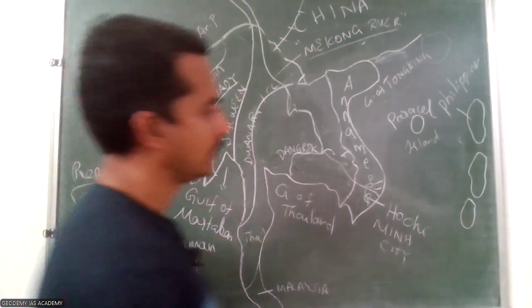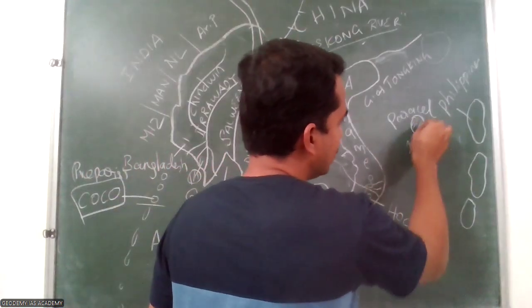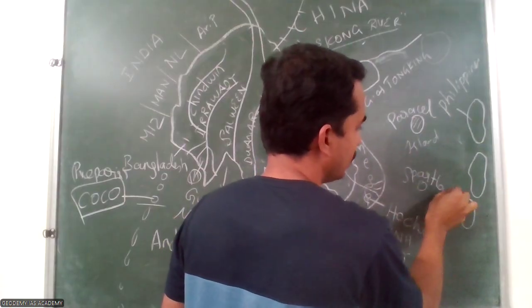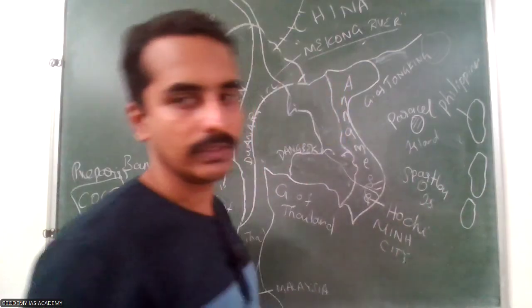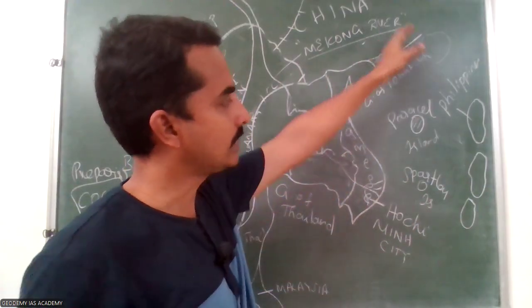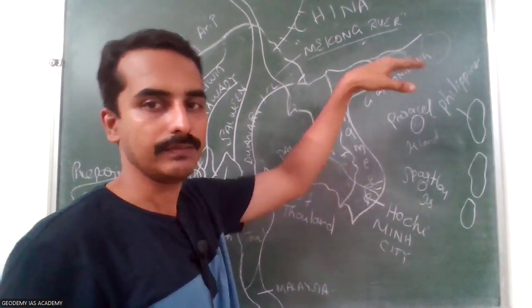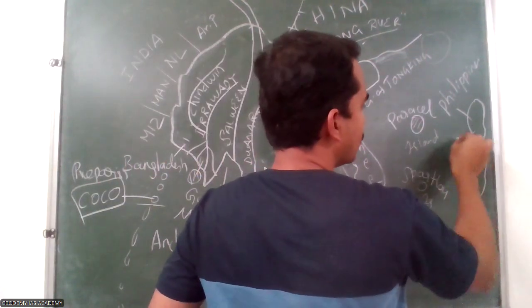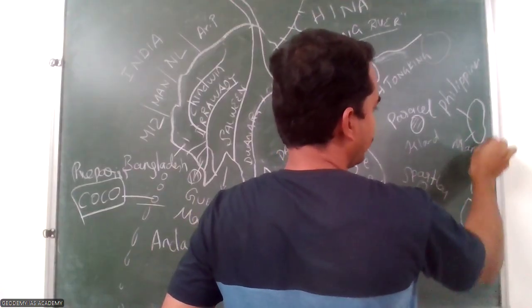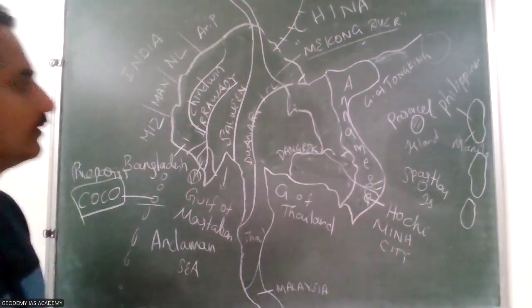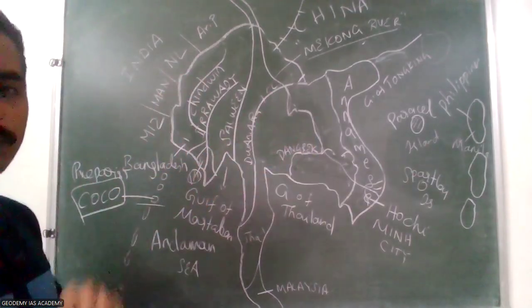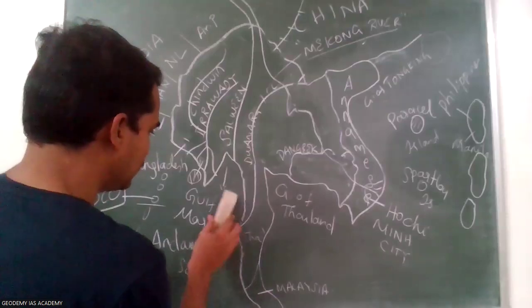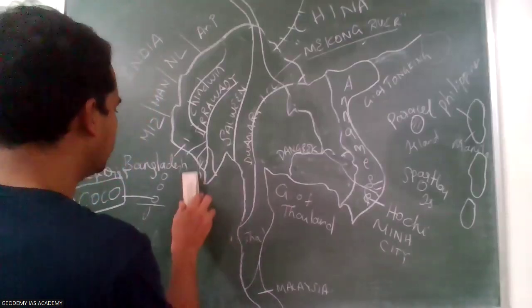And like Paracel Island, the other island is the Spratly Island. That is also a disputable island. So in this region, actually Vietnam versus China, Philippines versus China have many disputes. Regional disputes. And the Philippines has Manila as capital. So these are the important rivers here. So those are the major physical features of the Indo-Sino region.